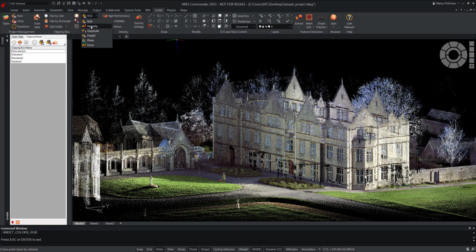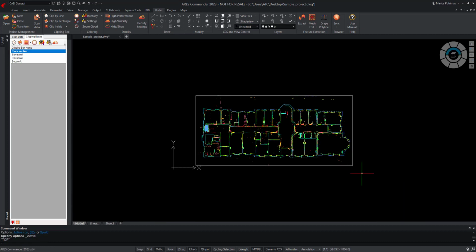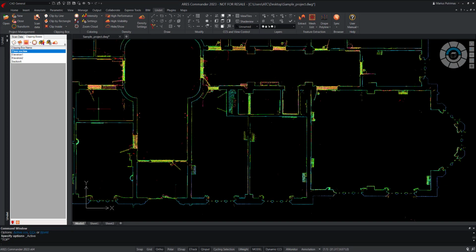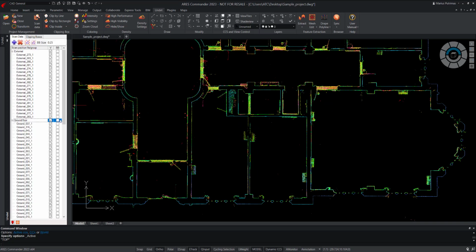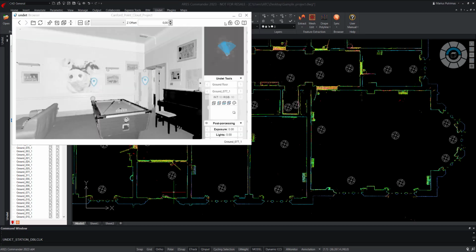Viewing a point cloud in a CAD model isn't always easy. And frequently, you need to look at another screen loaded with 360-degree panoramic images. In UNDET software, if you use structured point cloud data, point cloud visibility management will be as easy and fast as ever,